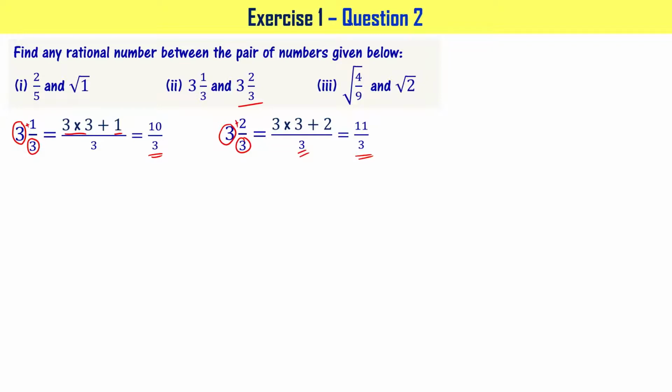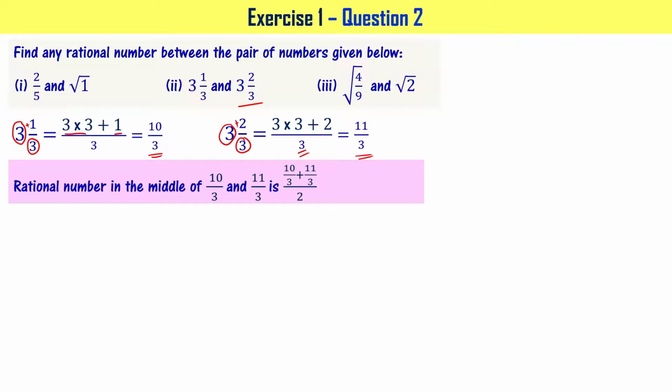So 11 by 3. So we have to find a rational number between 10 by 3 and 11 by 3, right? For that, I can write it as 10 by 3 plus 11 by 3 divided by 2 is the rational number in the middle of these two numbers, right? Now let's find the value of the numerator, that is 10 by 3 plus 11 by 3. Look at the denominators. Denominators are 3 and 3, right? Since the denominators are same, we can simply add the numerators so that it becomes the numerator of the resultant